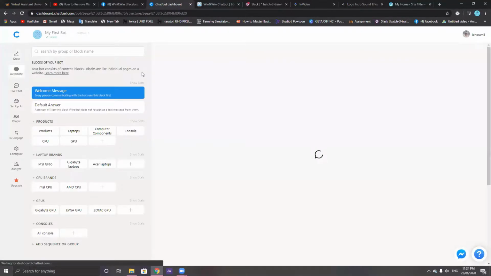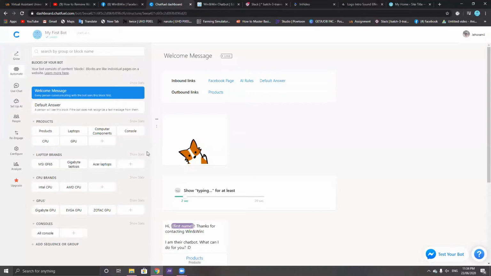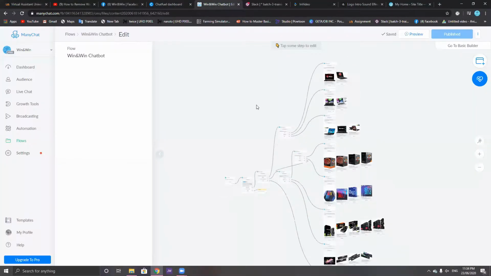Although the problem is that if you're a first timer and you want to create a chatbot, the interface here is kinda not user-friendly, especially for first timers, if you compare it to the flow of